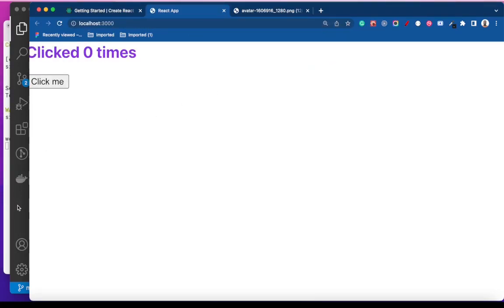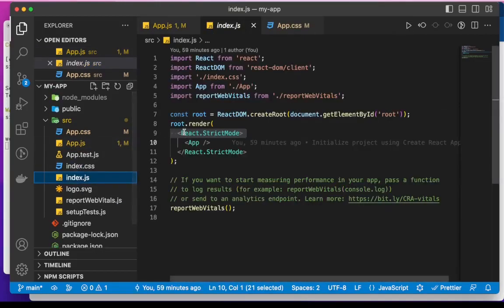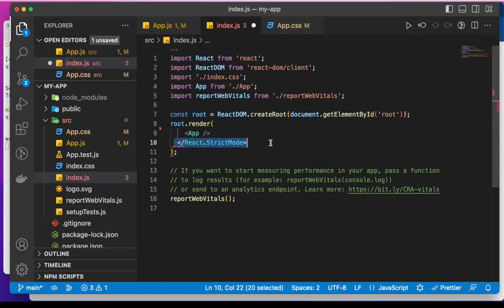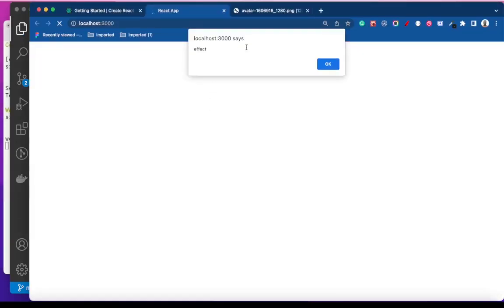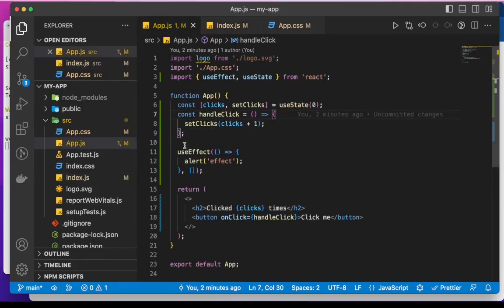The reason the alert is displayed 2 times is because of strict mode in the development environment, some configuration that has to do with this thing here. So let me just remove that guy. I will go back to the page. You can see that it runs only once. Another thing about useEffect is that it runs whenever the dependency changes. This second argument, the array, takes the dependencies. Those are the things that when they change, if any one of them changes, the useEffect will run again. For example, let me add the